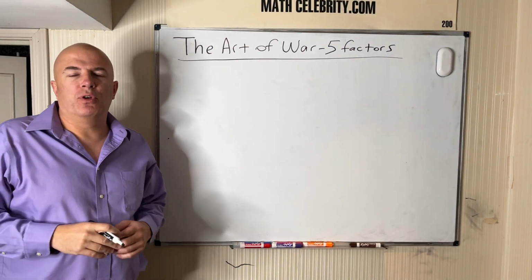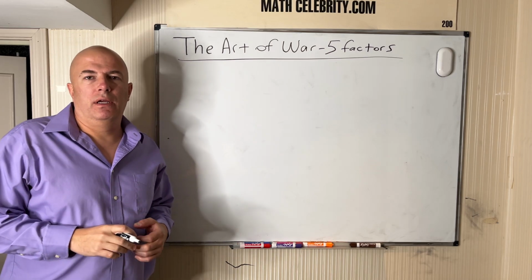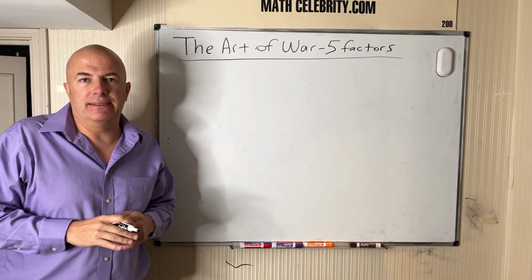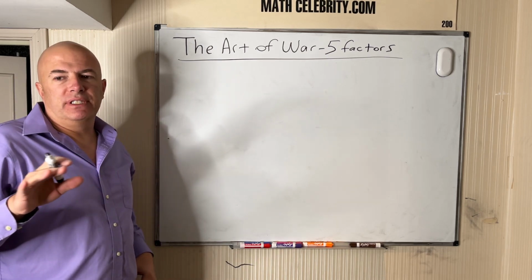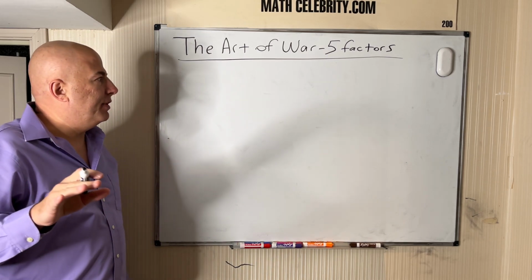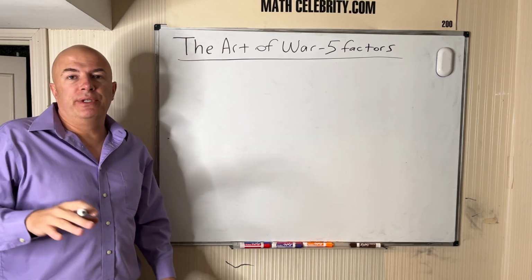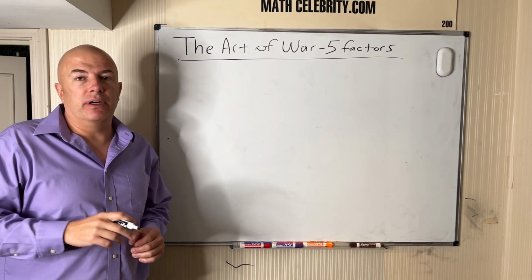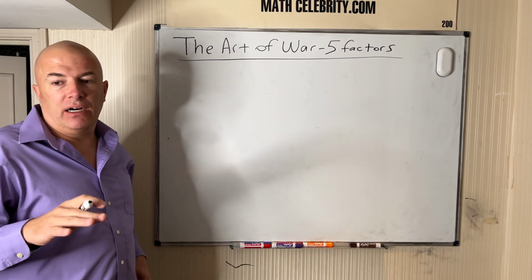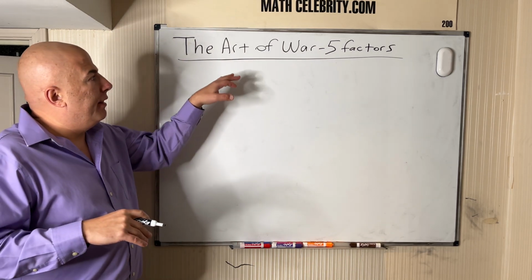Let's jump into chapter 1 of The Art of War, entitled Laying Plans. Now, there's a few items to cover in this chapter, but for this video, I want to cover the 5 factors. So when Sun Tzu kicks off the Laying Plans chapter, one of the first things he covers is the mindset